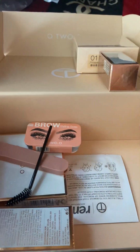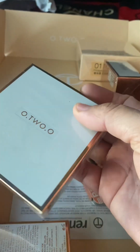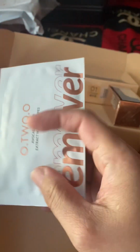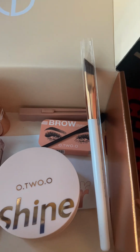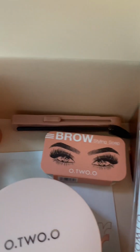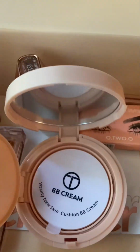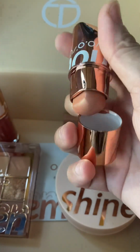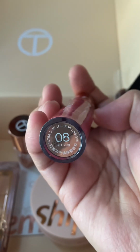The items include eyebrow styling gel soap, eyebrow drawing brush, a canvas of perfection with cushion BB cream, the radiant blush of Color Bounce blush stick, lips adorned in the velvety spell of matte lipstick,